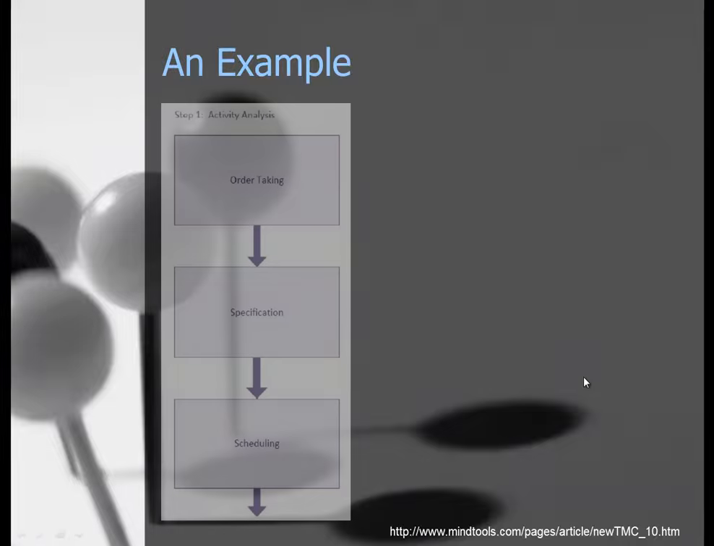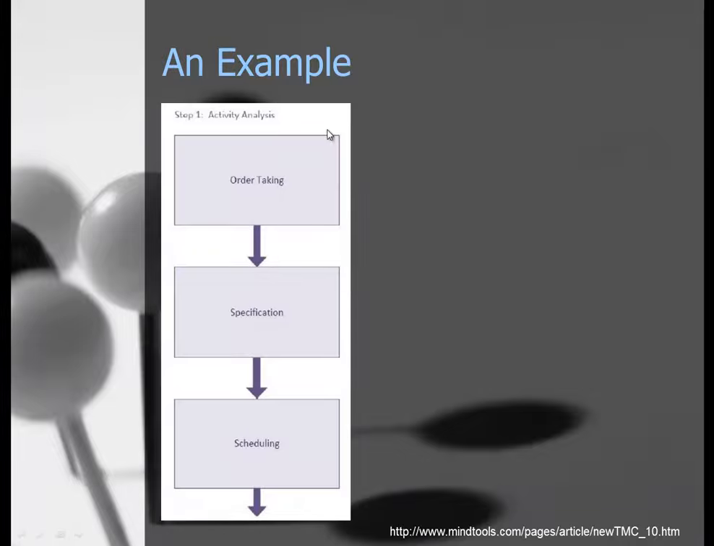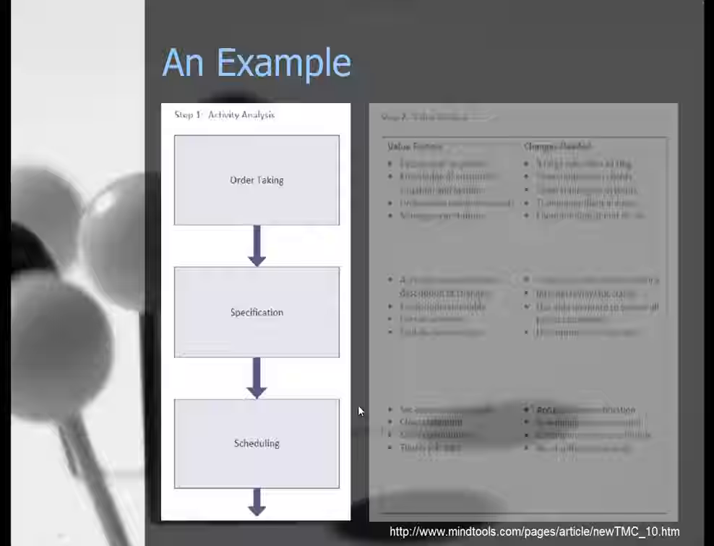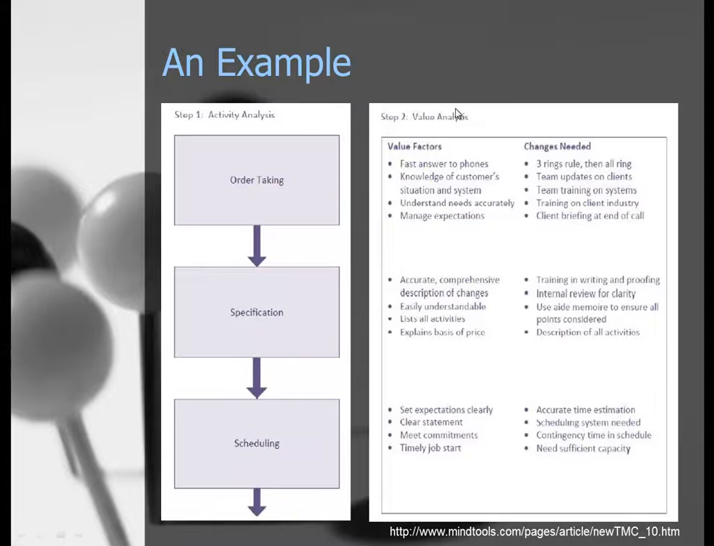All right, so here's an example. First step in the activity analysis, the software company decided there are three primary activities that they would look at in their first stage that offered value to their customers: the order taking stage, writing the specifications, and then the scheduling. Right, in the value analysis stage, which is the first of the two columns, for each category